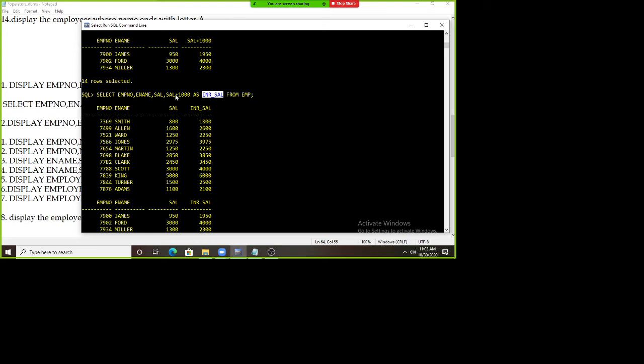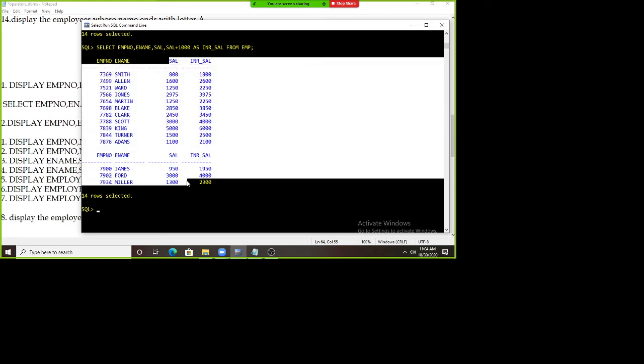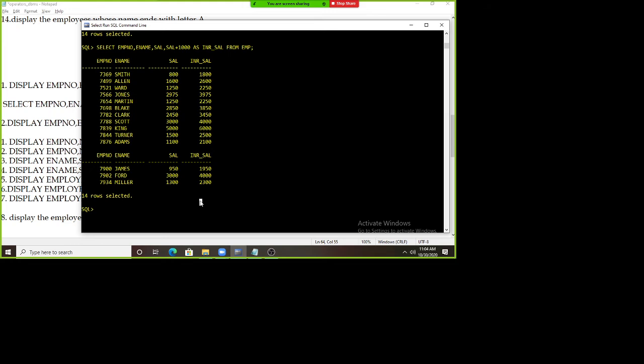So what operator did I use here? Plus operator. Now what is my next query? If I go on increasing by 1000 rupees, all the persons are getting the benefit in this EMP table. But my question is that as per my budget, if I go on increasing 1000 rupees for each and every employee, my budget is not sufficient. So what I decided is that for whatever salaries are there in EMP, I want to increment 10%, not 1000, 10%. So how to write a query?